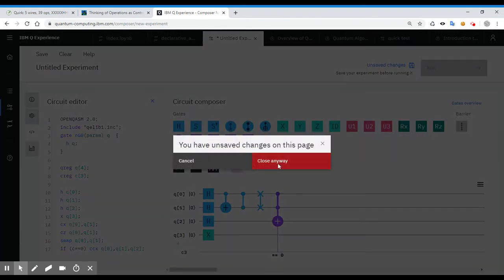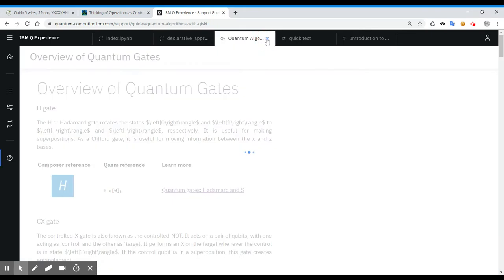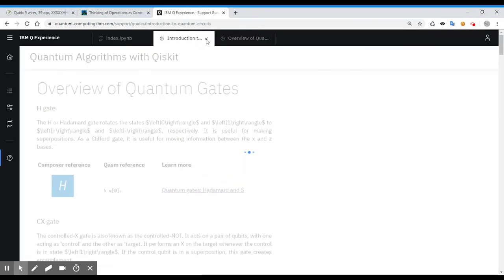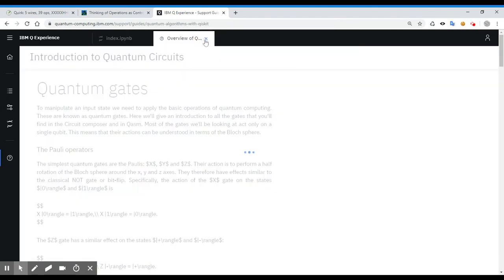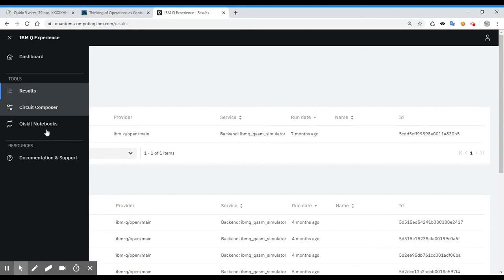Let me close that up. Close anyway, because I had a lot of... I see it still remembers a lot. Not found. A lot of stuff here that I don't know. Introduction to gates. Okay, so maybe let me take a look at the